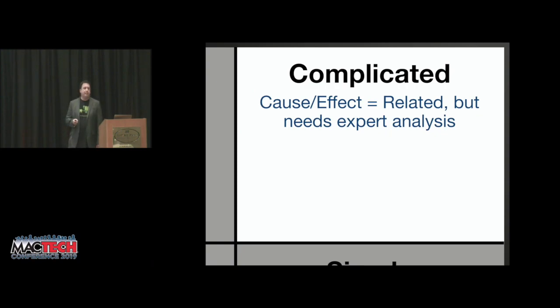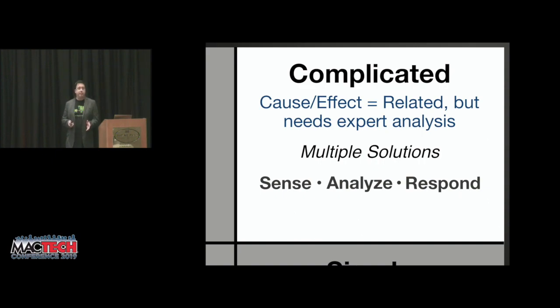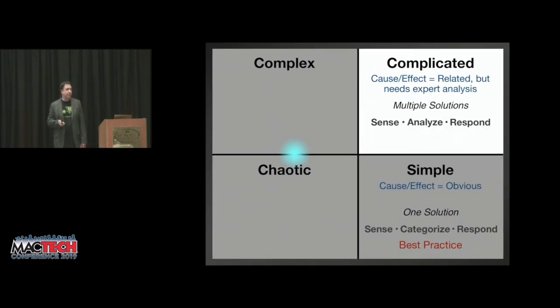Problems that fit in the complicated domain take more time to figure out because the solution is not obvious. The relationship between cause and effect is related, but it typically requires expert analysis to find that relationship. And working through a complicated problem has the steps of sense what the problem is, analyze the problem, and then respond to the analysis. Complicated problems sometimes have multiple solutions and typically require multiple experts to come up with an acceptable fix. A couple of real-life examples of Mac troubleshooting problems that I would consider complicated are: a Mac user